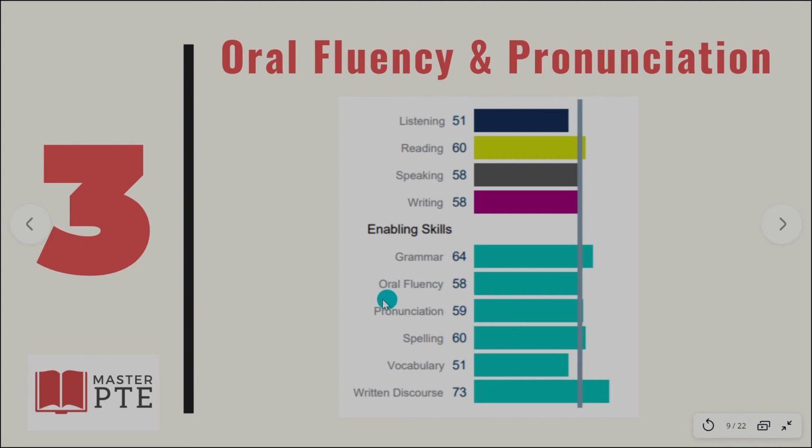If you don't speak loud enough, first, the headset will not be able to pick up the words that you're saying. Second, other people around you, if they're loud as well, might actually impact your pronunciation. They might influence the marks that you get in pronunciation, so this would actually drag down your speaking score. Also it may impact your oral fluency because if you're speaking so softly that the headset won't be able to detect your words,